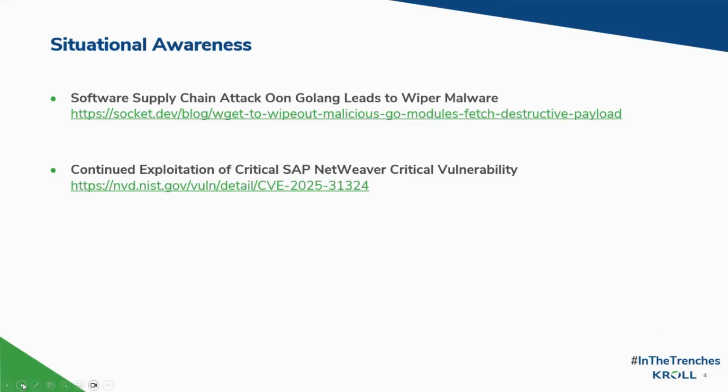First up is a software supply chain attack on Golang leading to wiper malware. A supply chain attack has been discovered that targets Linux servers through malicious Golang modules, mimicking legitimate tools that were posted on GitHub. The obfuscated code within the repositories uses wget to download a malicious data wiping script that targets the primary storage /dev/sda using the dd command for wiping data. The command overwrites every byte of data with zeros, leading to severe loss of the file system structure.